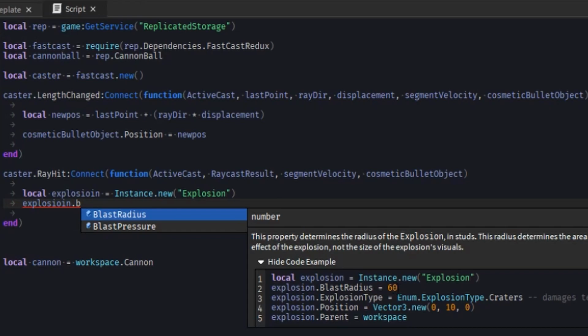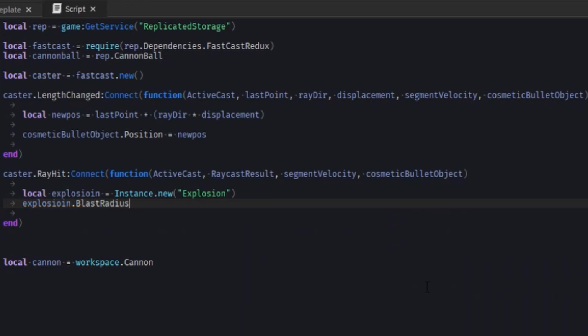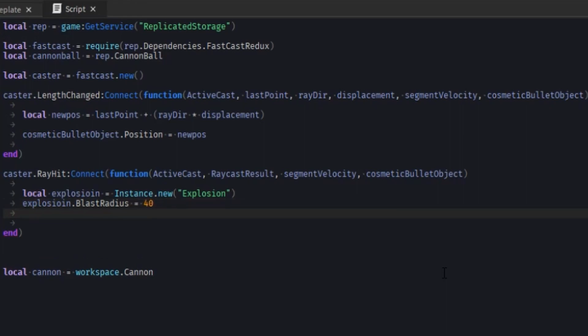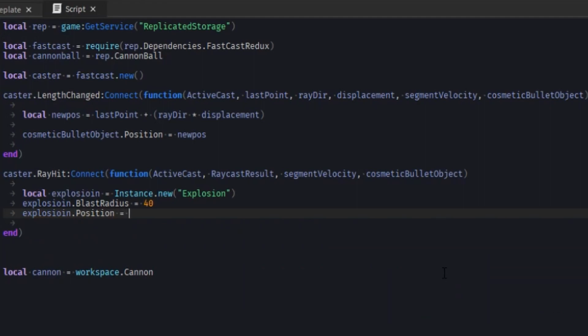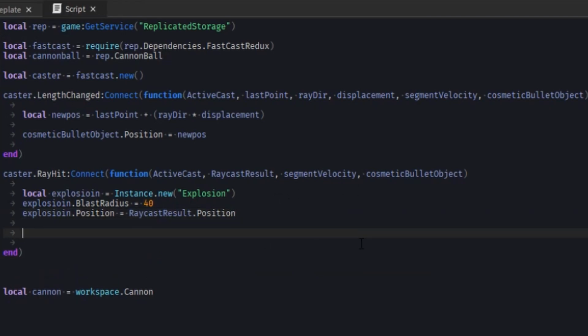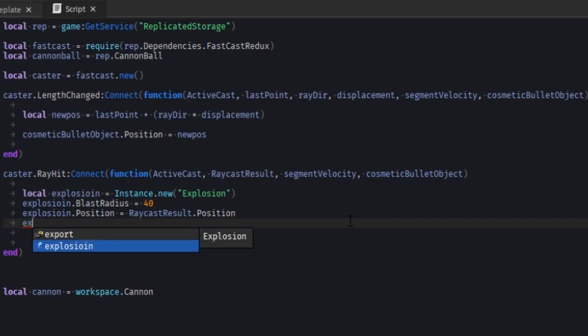Blast radius 60, yeah, it's a number. BlastRadius equals 40, sure. Explosion.Position equals, and we'll use our raycast result for this. RaycastResult.Position. So we'll just position it right to our raycast result's position, and then we'll parent it to workspace.